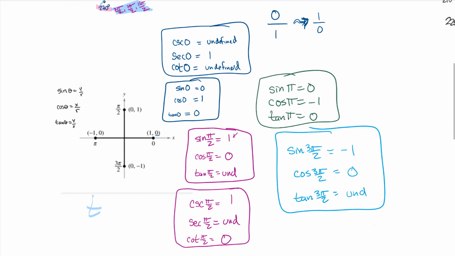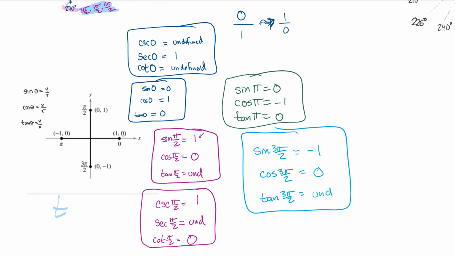I'll let you go through the other ones and take a peek. Quadrantal angles, learn them. Learn them, because we're about to get into it now where by the end of this section, I'm supposed to be able to ask you anything, maybe like secant of 17 pi over 6. And you're supposed to be able to give me an exact answer in 5, 4, 3,